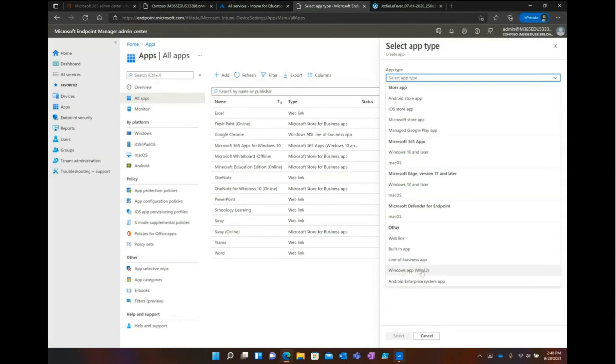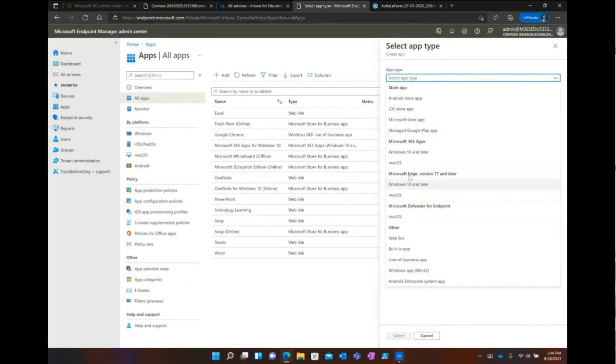So if you are bringing in an executable or a bundle of files that have dependencies, we have a little tool called the Intune Win32 utility that you just download. It's basically a command line utility that you point at the folder of files that you have, and it essentially zips it up, bundles it all up. You bring it in here, Intune uploads it, and then you just specify the command lines to run against it. So when it's deployed out, it will download it, extract it, run your command line, and right there's kind of the sky's the limit.